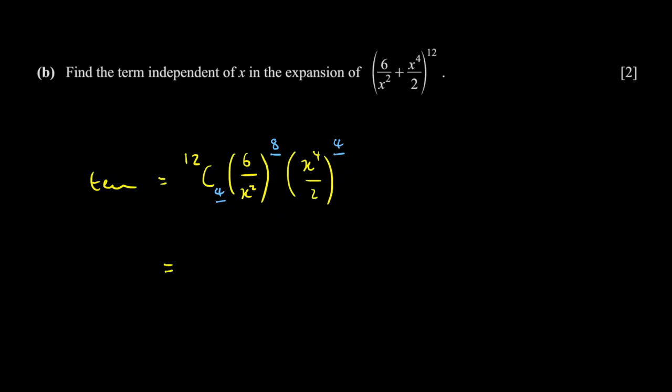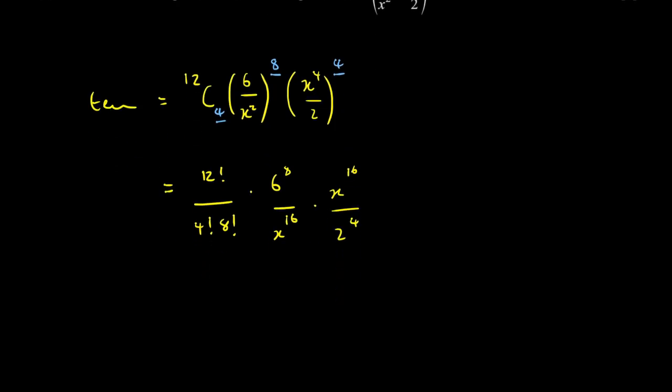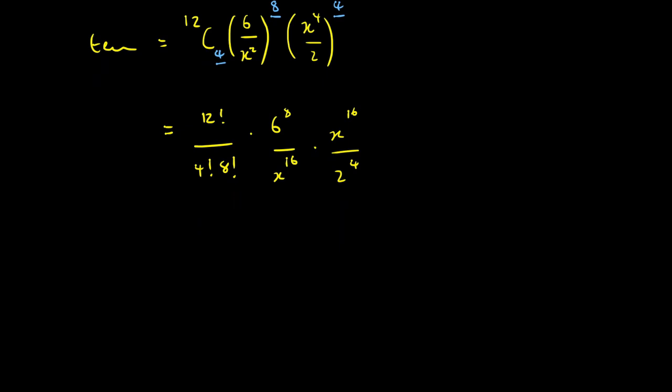So let's now try to simplify this. So we've got 12c4, which is 12 factorial upon 4 factorial, 8 factorial. We've got 6 to the power 8 over x to the power 16 times x to the power 16 over 2 to the power 4. And of course, the x to the power 16 cancels. And to be honest, it probably is just easier to whack this all straight into a calculator at this point, because I think it's going to be ridiculously big. So let's just stick it into a calculator, and that is